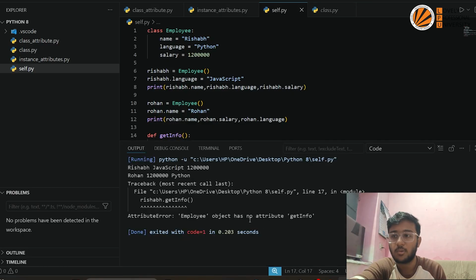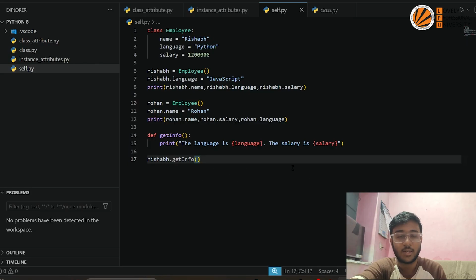It is showing me a positional argument error, but I have not given any argument here. As you can see, I have not provided any argument. Why is it showing me that? The thing here is, when we say Rishabh.get info, it gets converted into a function call, or we can say that it is called